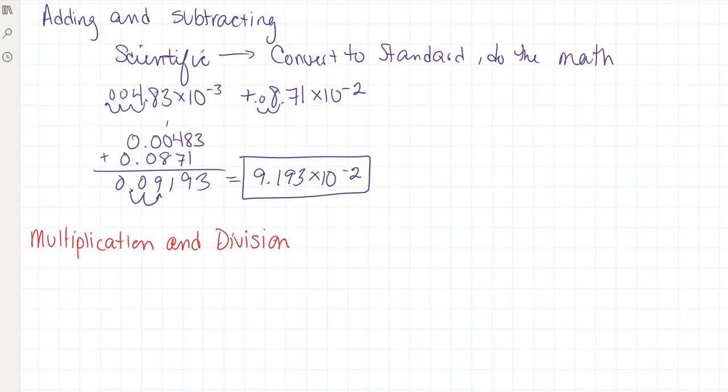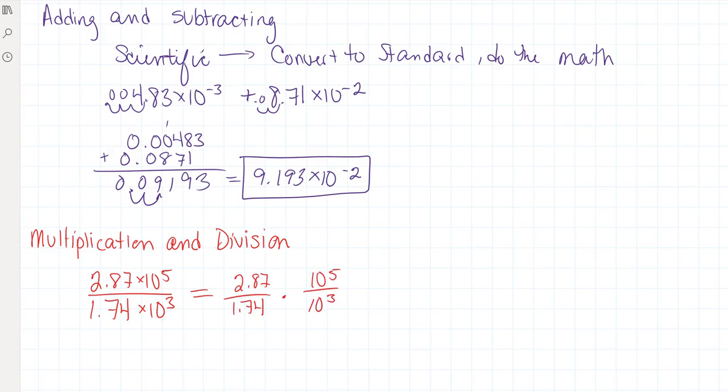What I do first is I like to say if I have something like 2.87 times 10 to the 5th divided by 1.74 times 10 to the 3rd, what I like to do is separate this out a little bit. I put my 2.87 and 1.74 together, and then I multiply that by 10 to the 5th over 10 to the 3rd. So now I can just go to my calculator and I can get